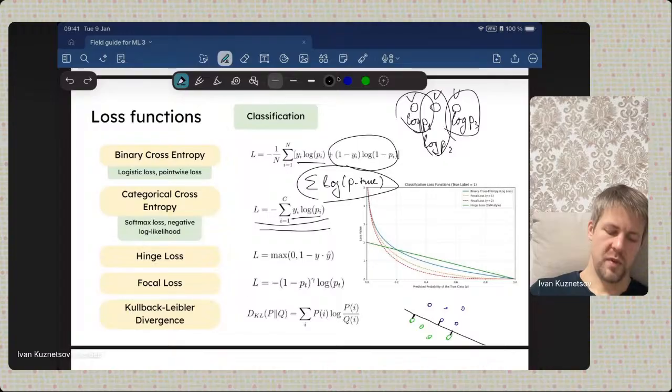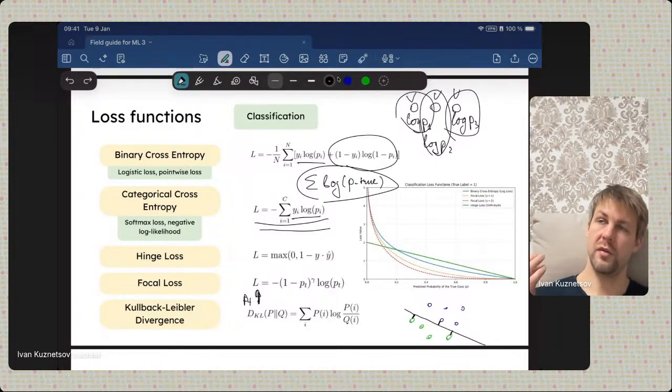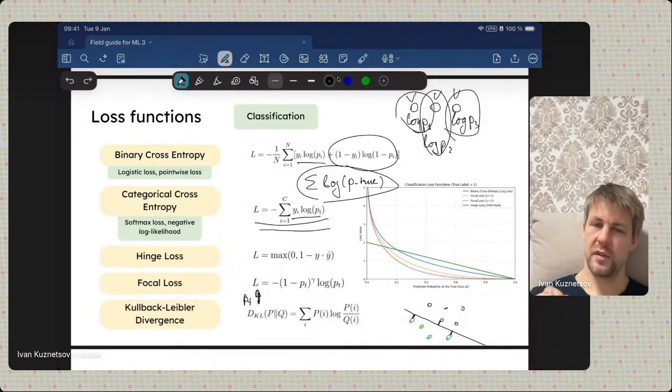So let's say PT, P true, the probability of the true class, is very, very high. So it's a big value close to 1. If it's a big value close to 1, then you do 1 minus a value close to 1, and you get a very, very small number. Then you take it to the power of gamma, and it becomes a very, very, very small number. So if the model is sure about a specific example, then it down-weights the importance